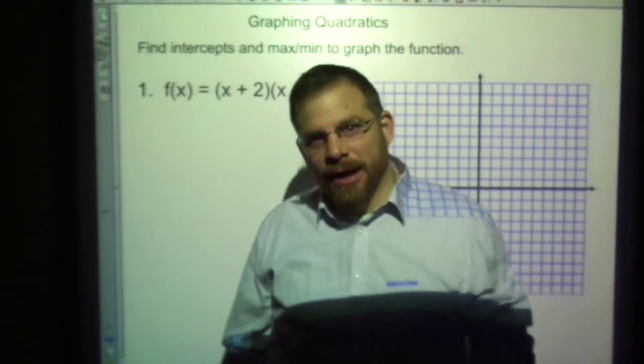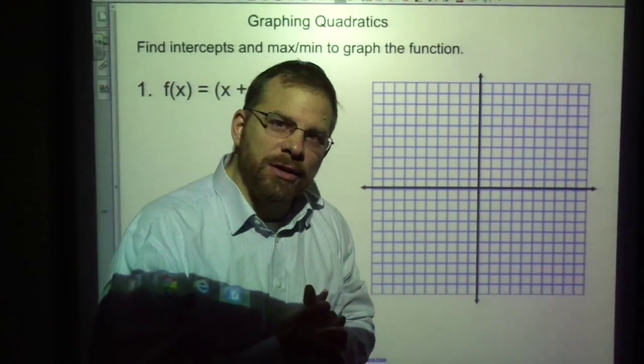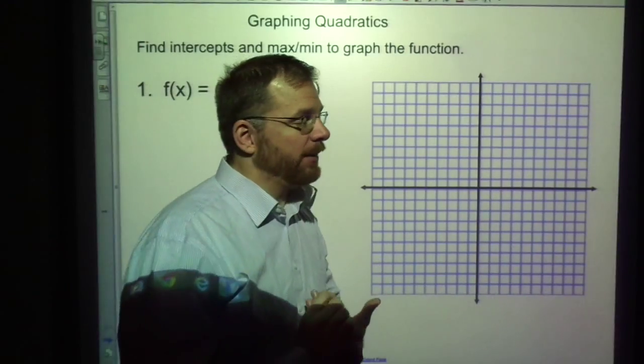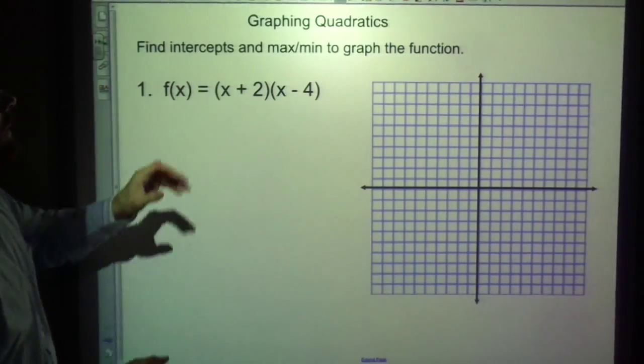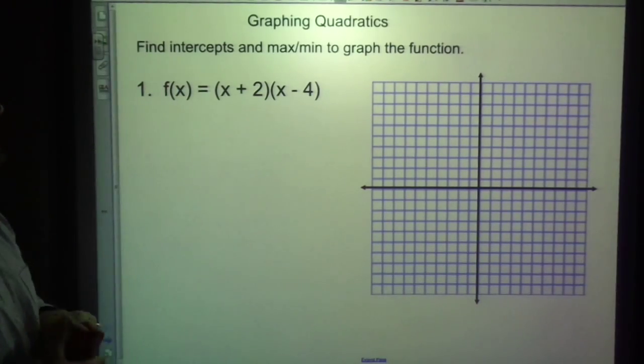Hello and welcome to Graphing Quadratics. Today we're going to learn how to graph an equation if it's a parabola and if it's in factored form, which we'll talk about later. So we're looking at something like this, and the directions are to find the intercepts and the max and min